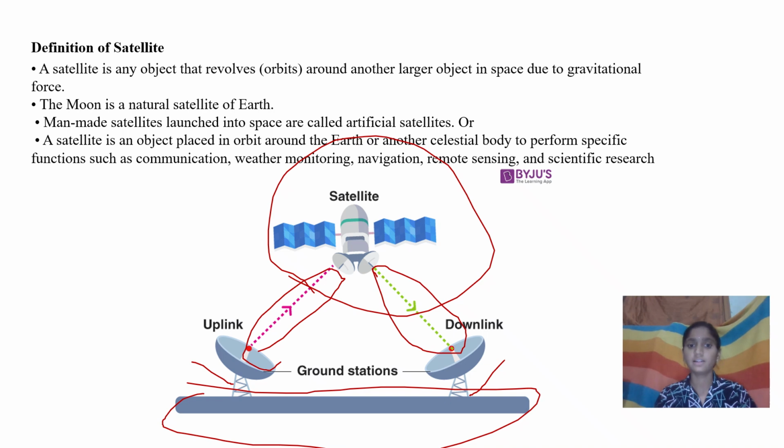This is the satellite and this is the satellite body, and this is the transponder. The transponder has the transmitter and also the receiver. These are the solar panels. The solar panels help to take power from the sun. The solar panels' major function is converting light energy into electrical energy. This power is used to perform satellite operations.